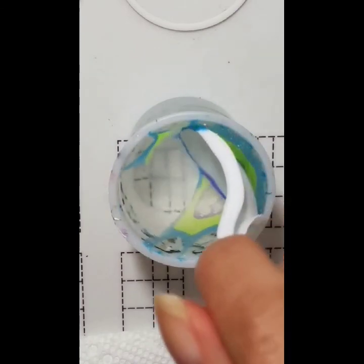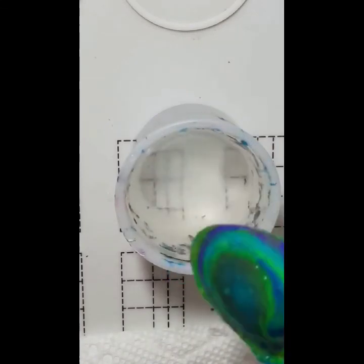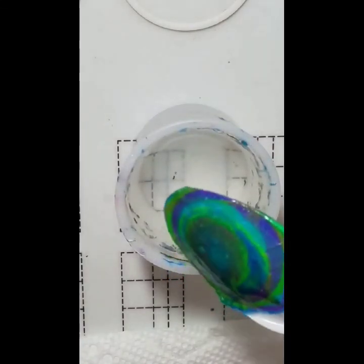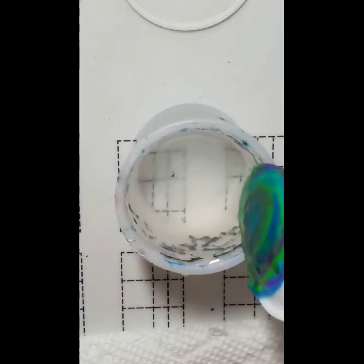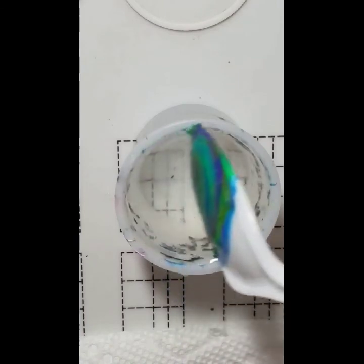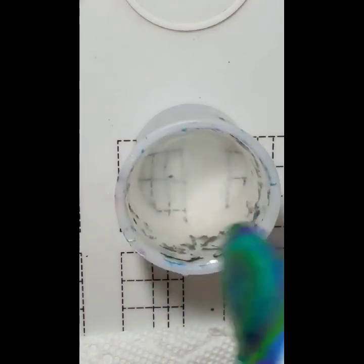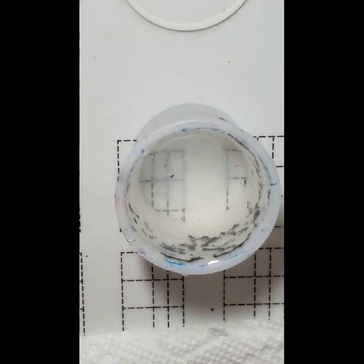So again, and obviously it gets muddled and it's harder to tell, but I know how it will look. And now I'm just trying to figure out the color pattern that